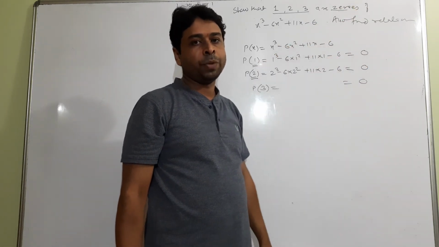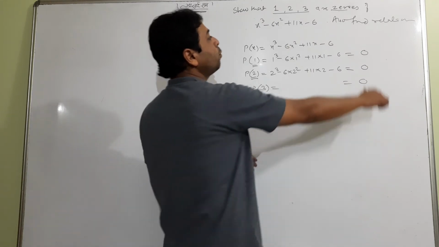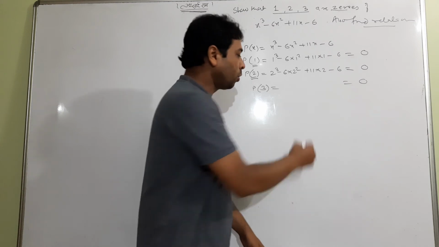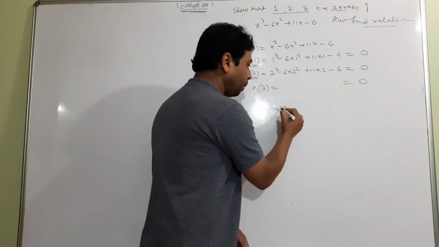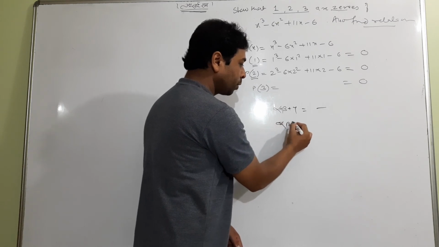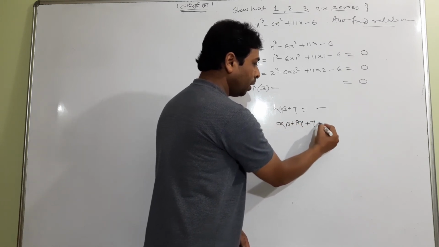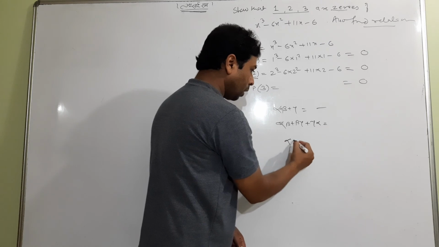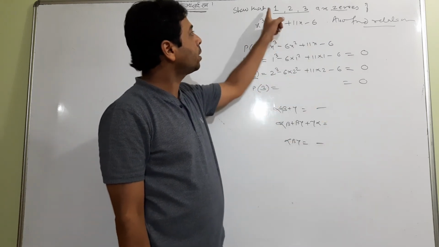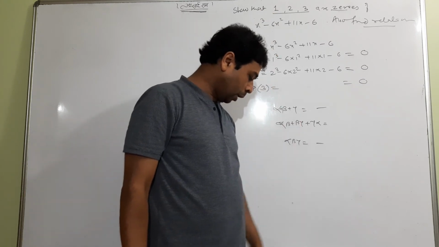This is the method. When you have checked it, you have to find the relation by the method already discussed on the last board. Three things we have to find: alpha plus beta plus gamma, which comes negative; alpha beta, beta gamma, gamma alpha, which is positive; alpha beta gamma, which is negative. Three things we have to find, and this question will be done like that.